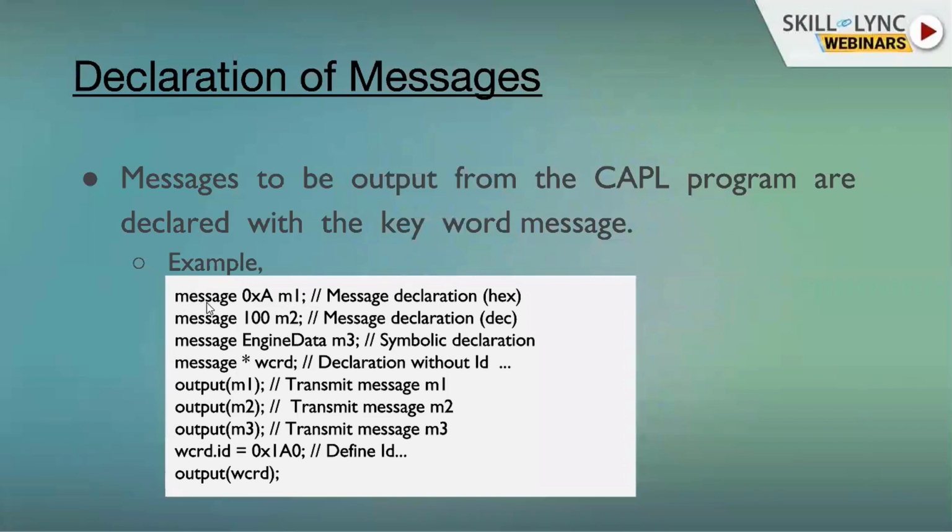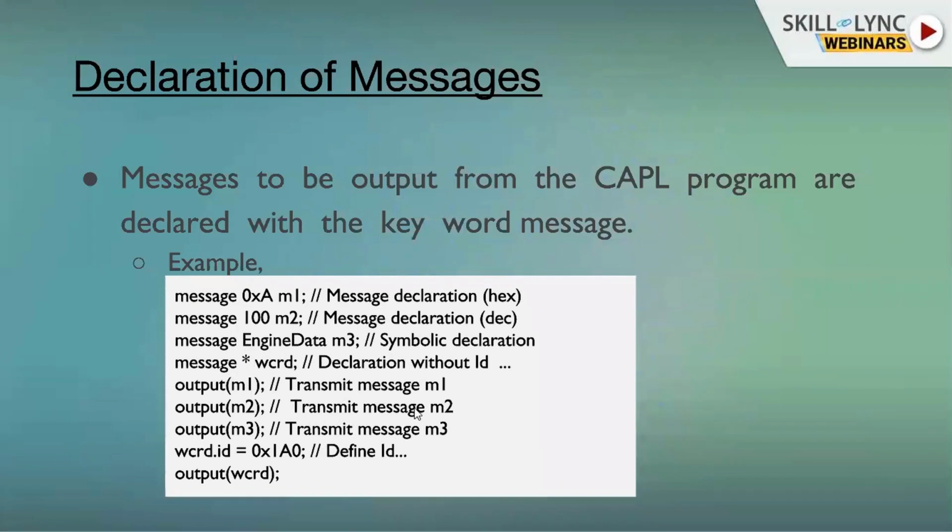Message is the keyword, followed by the message ID, and we give the name m1. Another form is the symbolic declaration, like 100 engine data, which is already saved in the database. Without an ID, we can also declare messages with star. As I said, star is nothing but all.